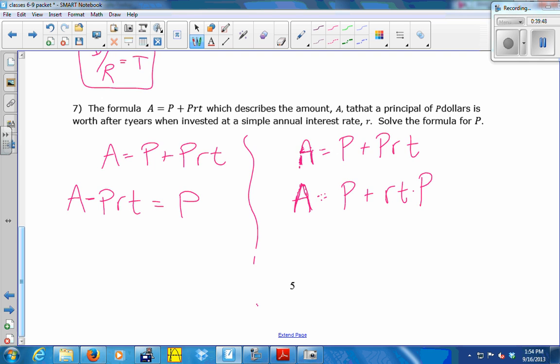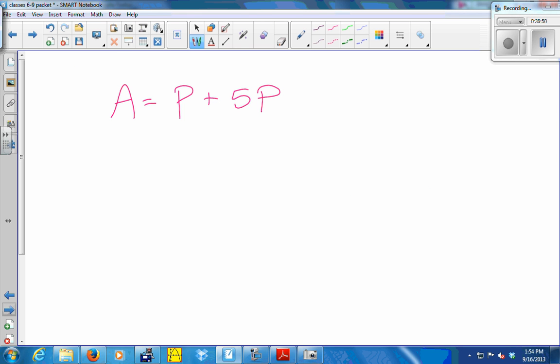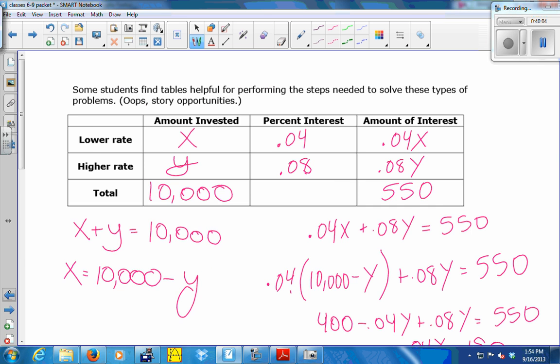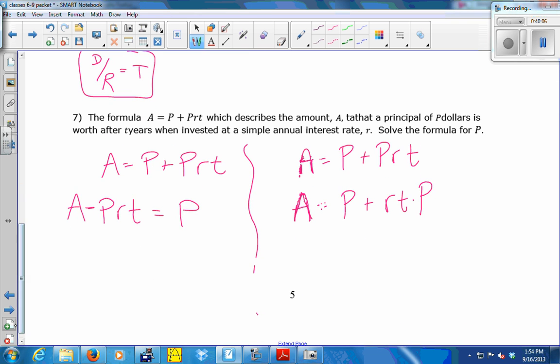So go back to this example. How do you get 6P here? I added the P's together, right? So I had a 1 here and a 5 here, so I went 1 plus 5 P's, like that, right? Add the two coefficients together. So here my coefficients are 1 and RT, so I'm going to add them together. 1 plus